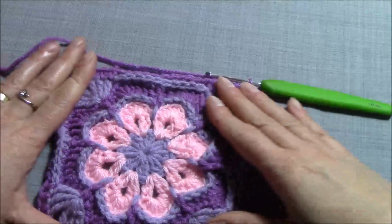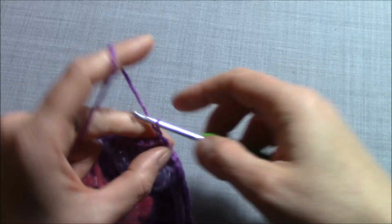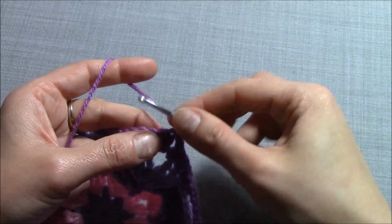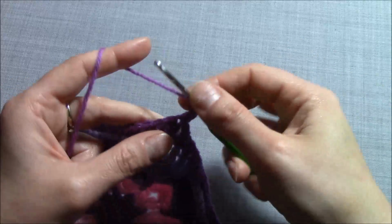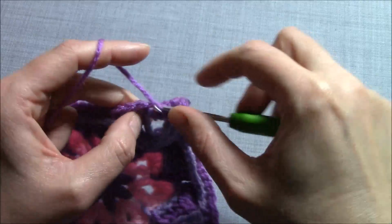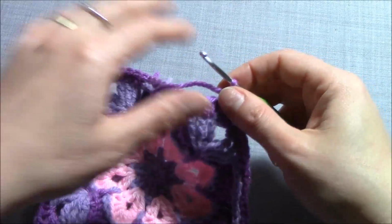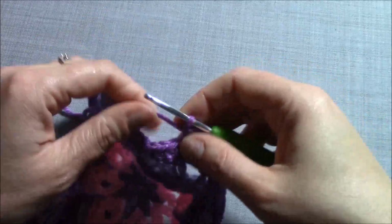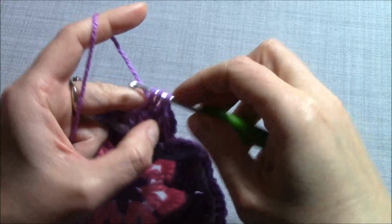Now for the last round you will chain 1 and you will work a half double crochet into each of your stitches that you have here, for a total of 20 half double crochets, corner to corner. So it's 1, 2, 3, 4,